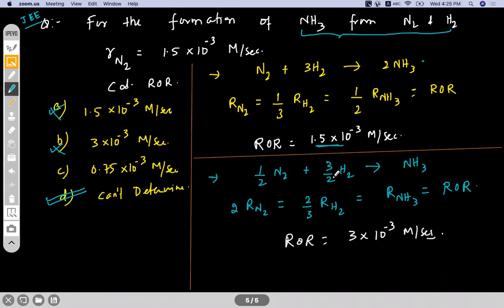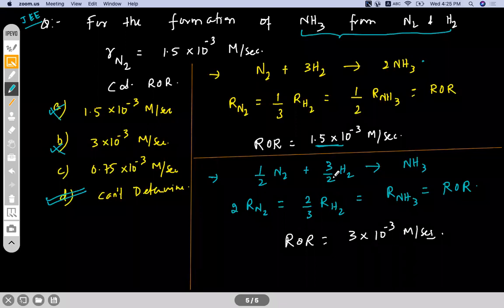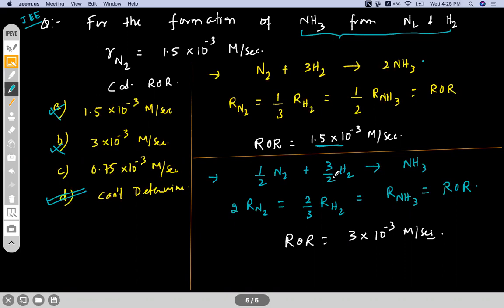Done? Is it the same you're getting in both the reactions? Yes, sir. Right. So always keep this in mind that you cannot find out the rate of a reaction which is not given in the question. You cannot assume the reaction. So write one note after this. Write down, if the balanced reaction